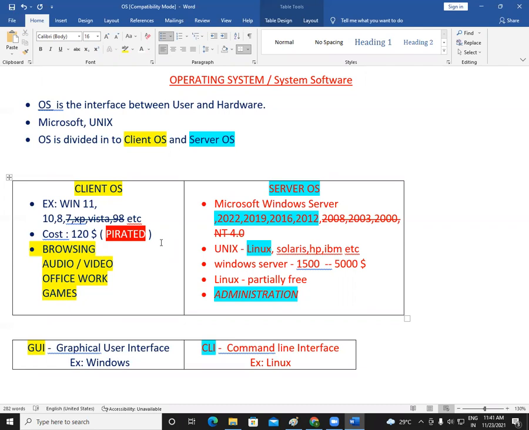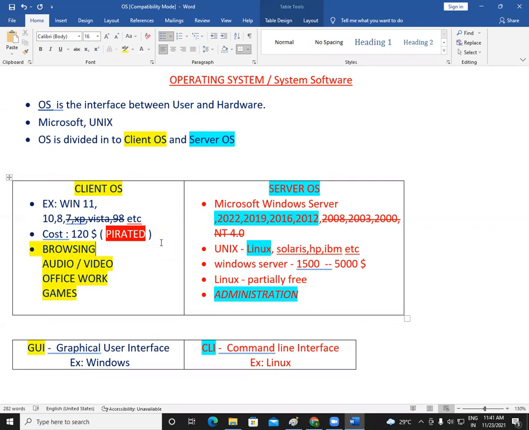No person has this authority. If you're a partner of Microsoft, if you have a license to sell that product, then that's a business. You're taking the product from Microsoft and selling it to some other person or company. But if you don't have any license or permission from Microsoft, and still you're selling that product, that comes under pirated. So we should never use a pirated operating system on our computer, maybe a personal computer or maybe a company's computer.